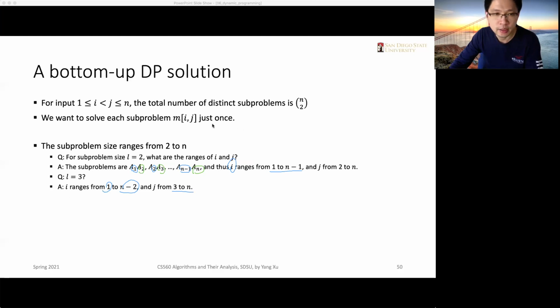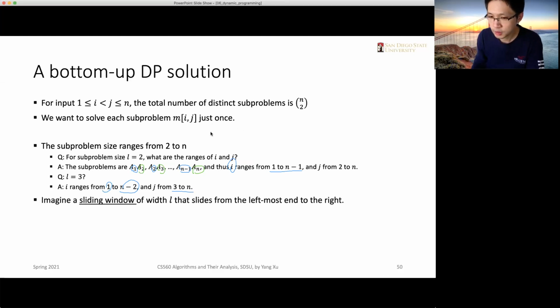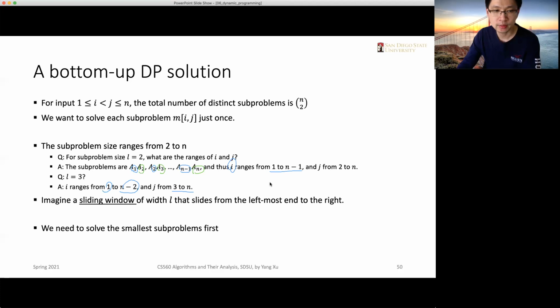Anyway, if we summarize it, in the more general case you can imagine a sliding window that has a fixed width L. You need to let this sliding window slide from the leftmost side to the right side, so that we have iterated over all possible instances of subproblems of size L. So if we have A1, A2, A3, until